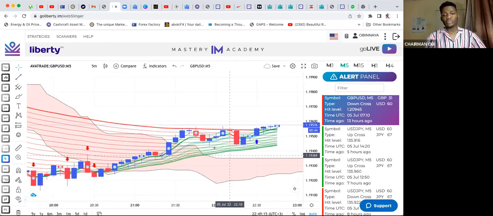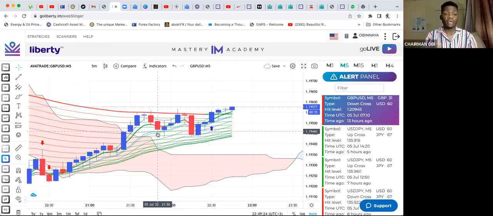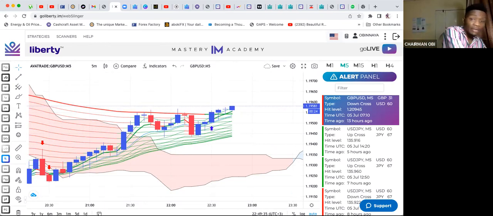The best way to trade with Webslinger is using your laptop. But if you use your phone, you can always put it on landscape mode, right? Now, guys, I'm about to begin, and I hope you are with your pen and paper as well. Sorry, I'm trying to look for my own pen and paper. Oh, yeah. So now, guys,